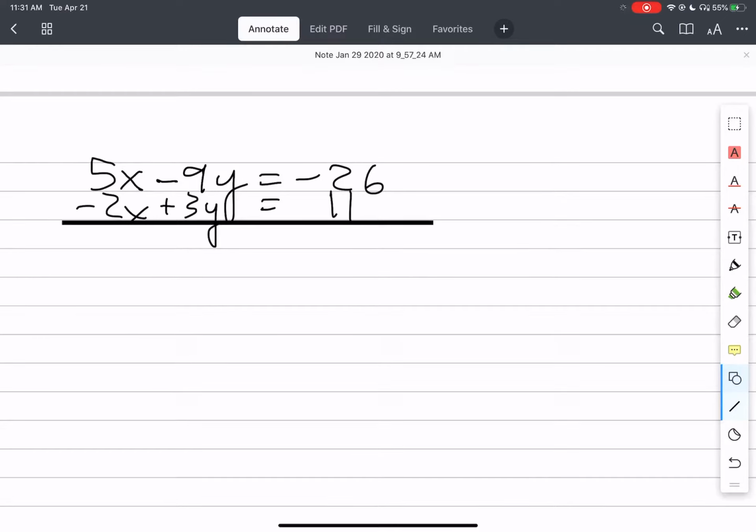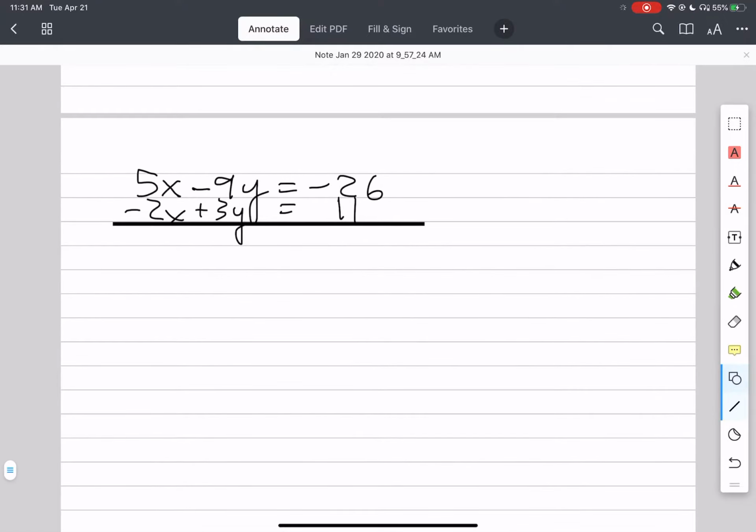For guided elimination, it gives you two equations where they're not necessarily going to just simply add or subtract to get them to equal, to eliminate. So in this case, 5 and 2, it doesn't matter if I add or subtract. Either way, I'm not getting 0, and same with 9 and 3. So I'm going to have to scale each equation by some value so that the new version